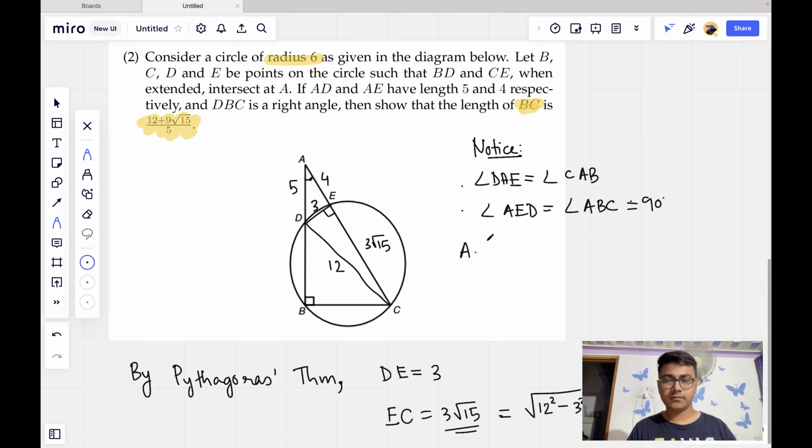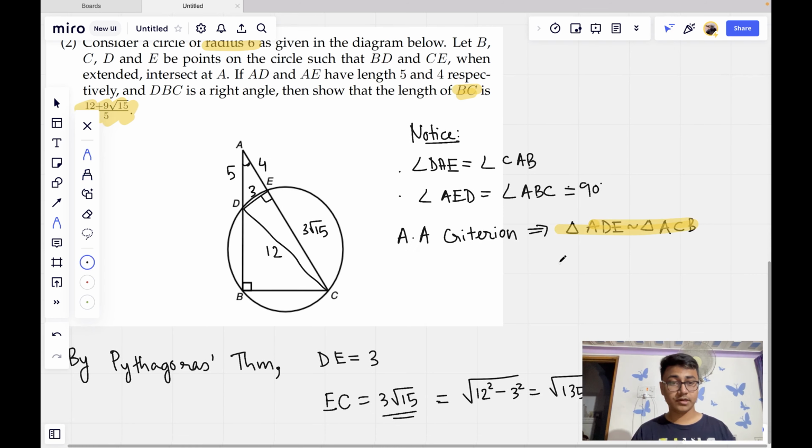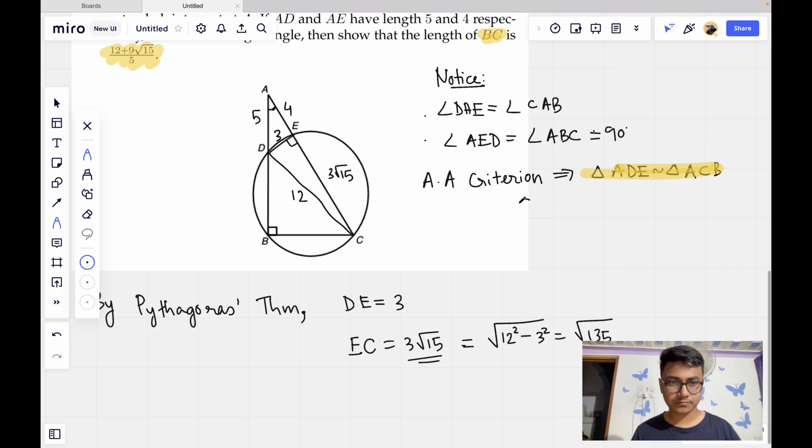So by the AA criterion of similarity, we get that triangle ADE is similar to ACB. Note the ordering of the vertices in this statement. It's important. Okay, so we have triangle ADE is similar to triangle ACB. So AD over AC is equal to DE over CB. AD by AC is equal to DE over CB. So this implies,